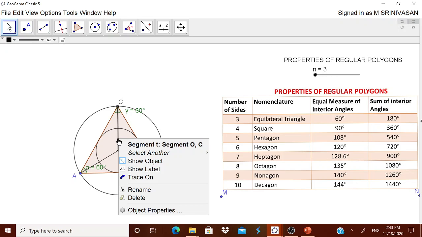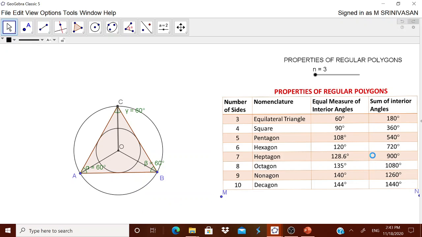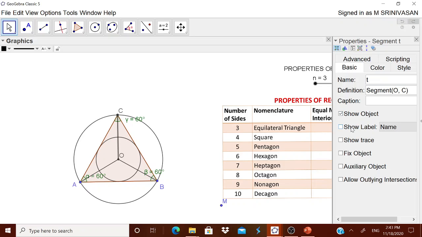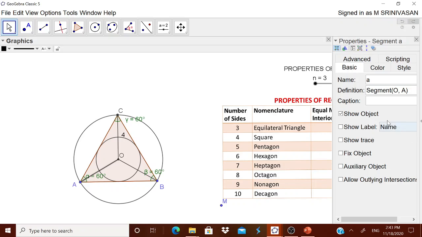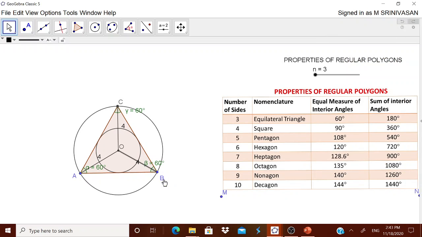You see, we'll just right click it, go to the object property. You know it how to do it. Object property, you have to go, then in show label, and then show its value. Good. This you go, and then object property, show label, and then value. Good. This you click it and show label, and then show its value. Okay, well, now like this in every